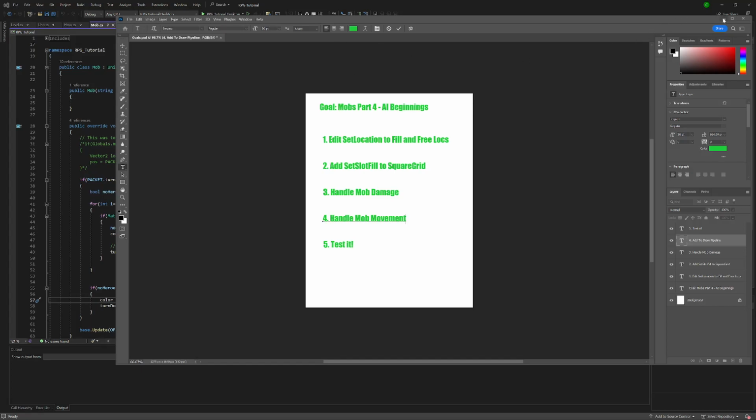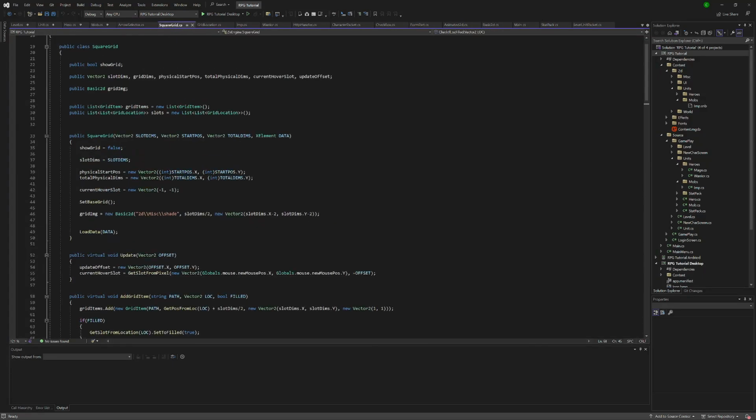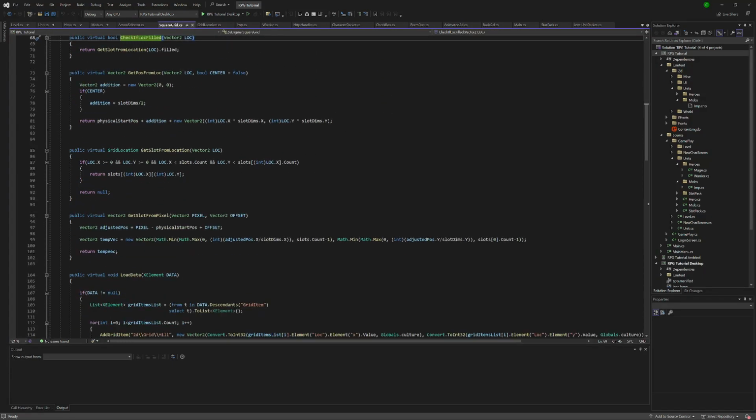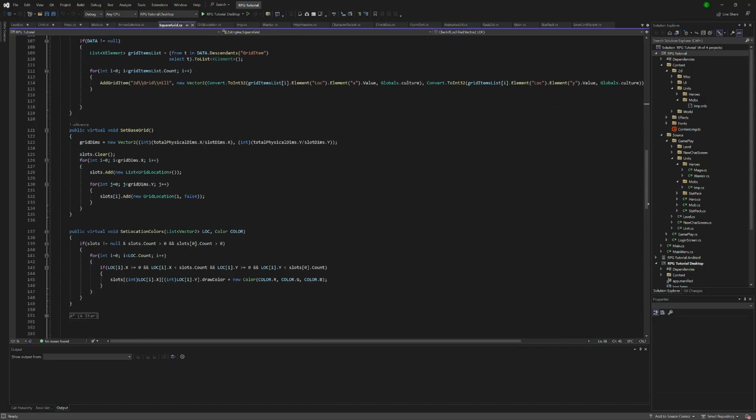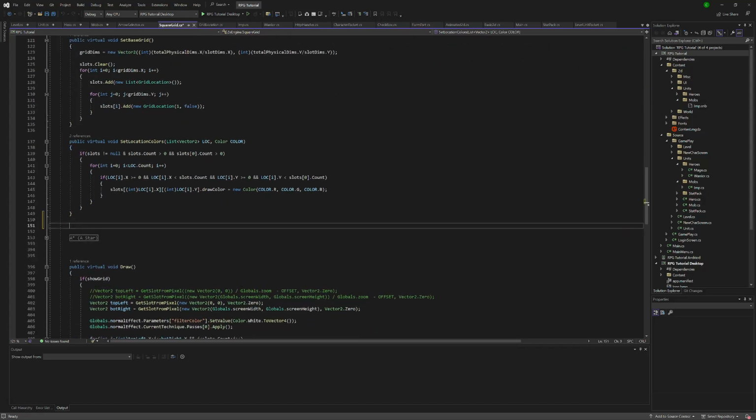In order to start that, let's go straight to square grid. Right here, and we are going to create set slot fill. So let's see, set slot, it's right here. I tried to stay in alphabetical order, so that's what I'm looking for when I'm scrolling down there. I was not looking for the function. I am looking for where it goes. Set slot fill,